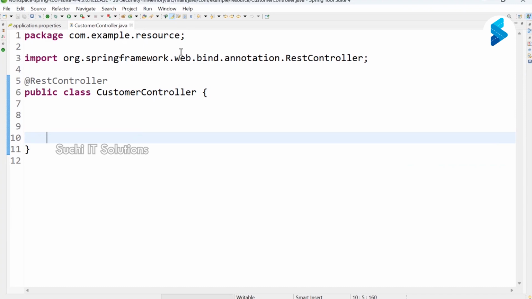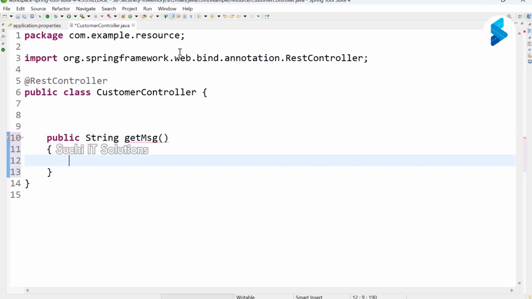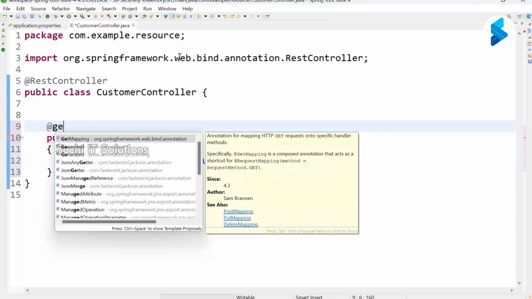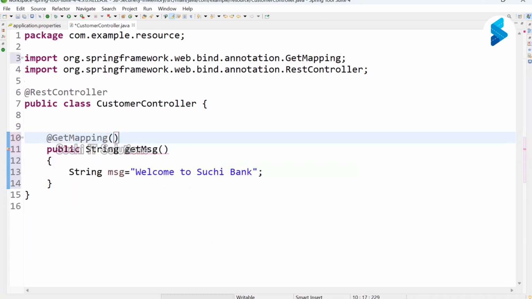Now, in the customer controller, you can write a message: public String getMessage. Then I'm writing String message = "Welcome to Suchi Bank." It's a bank, a banking application. Whoever is accessing, immediately I want to give some message. Got it, sir? Like this. Okay, the return keyword.